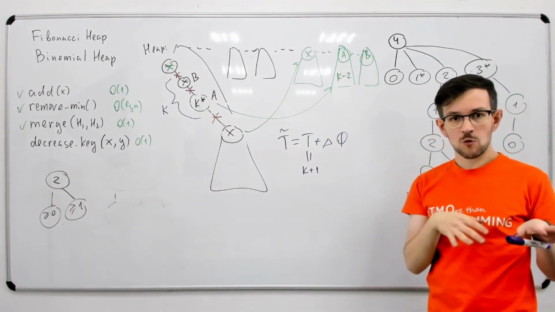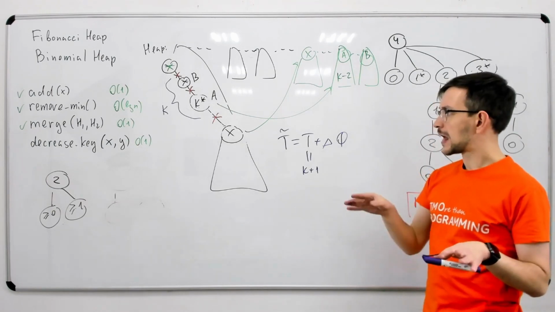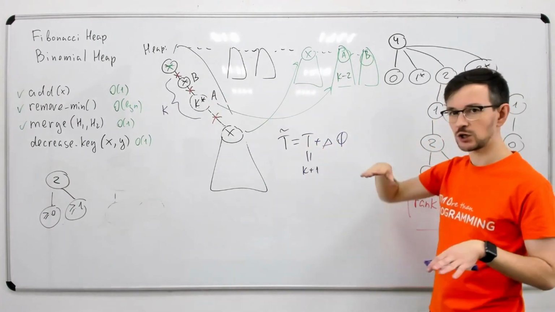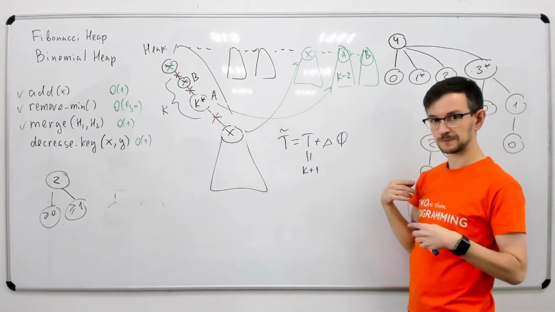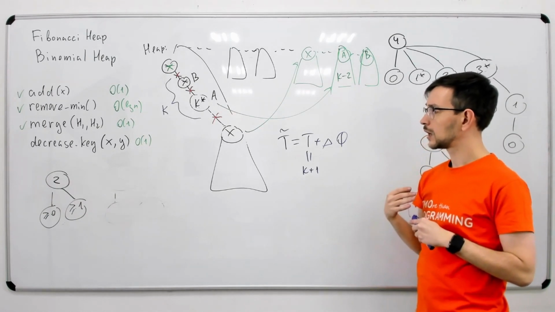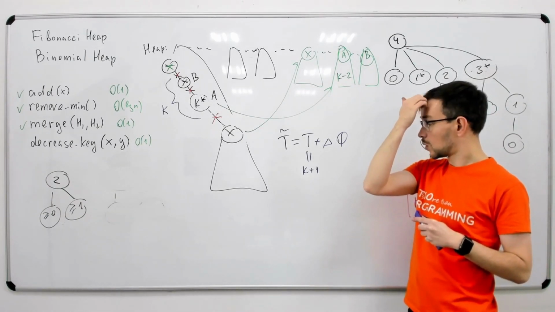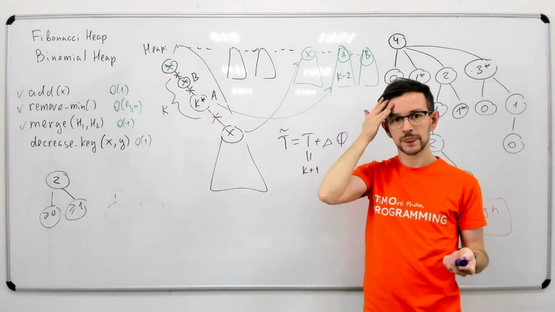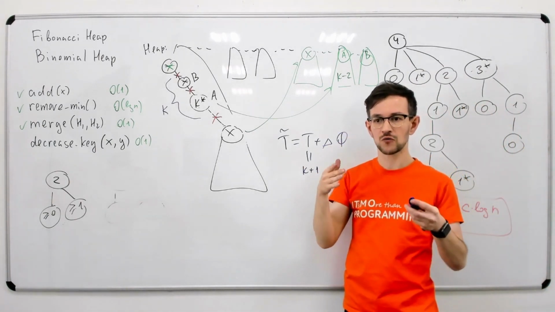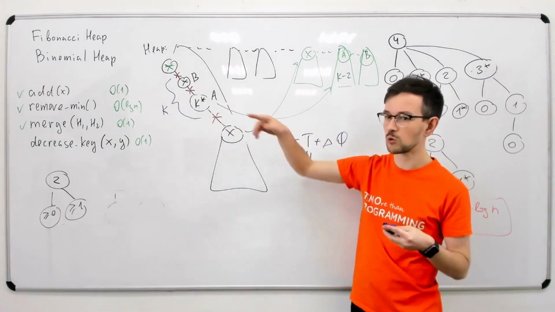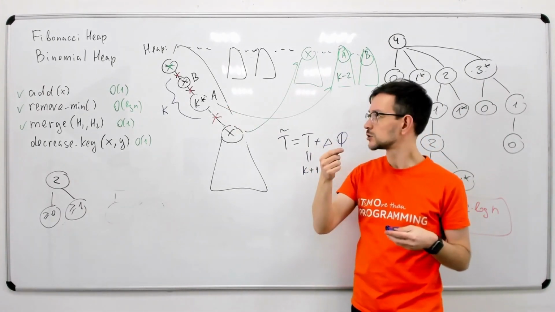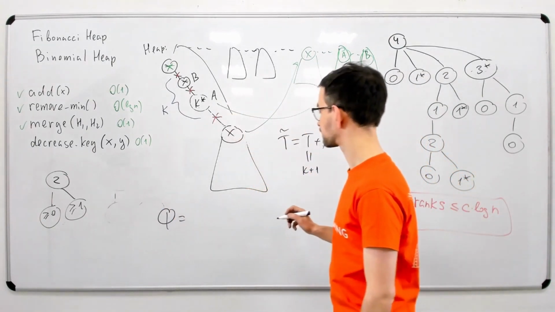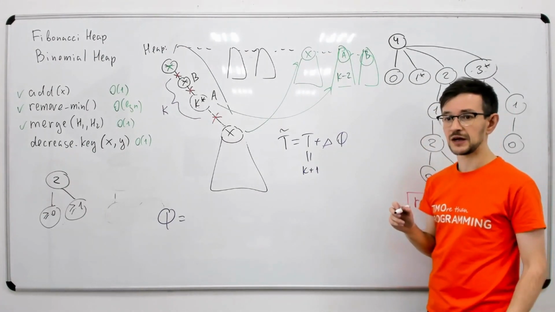So we need to change our potential function in such a way that when this happens, the potential decreases by something like k. It's quite easy. What is decreasing when we make this operation? Decreasing is the number of nodes which have these marks. So let's say that the potential is the number